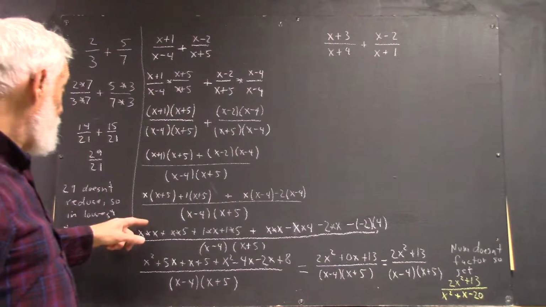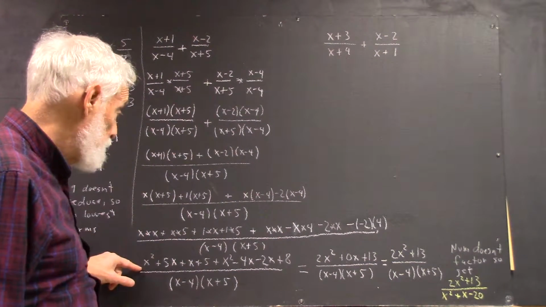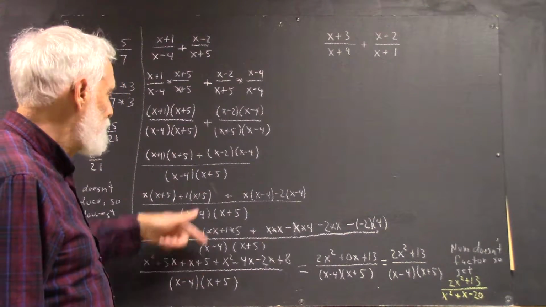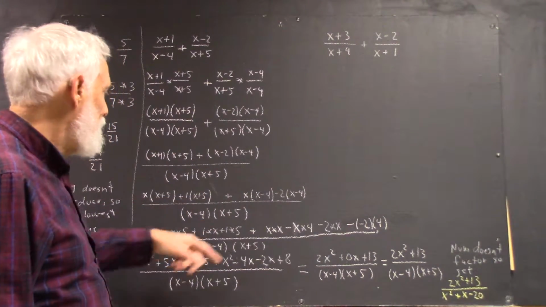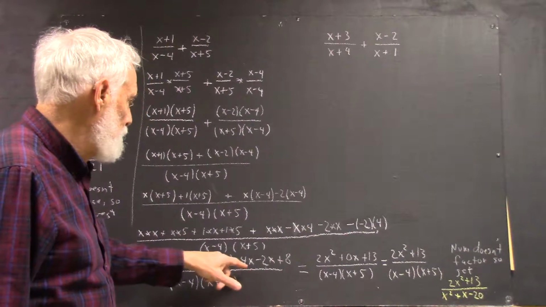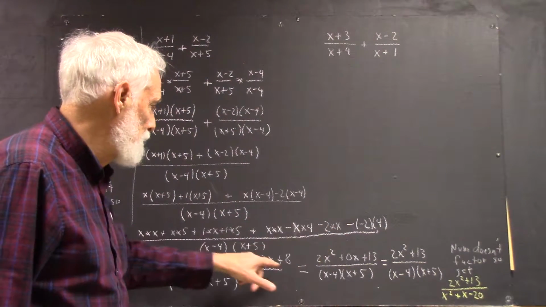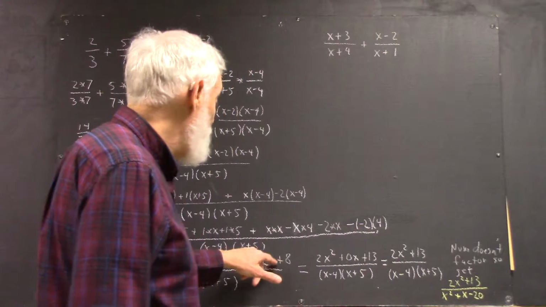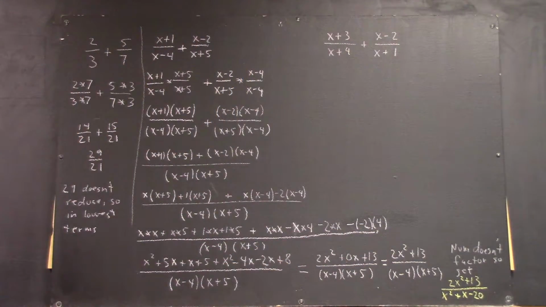Then x times x is x squared. We get an x squared here. We get an x squared here. x times 5 is 5x. 1 times x is x. Negative x times 4 is negative 4x. Negative 2 times x is negative 2x. And negative 2 times 4 is positive 8. Then,